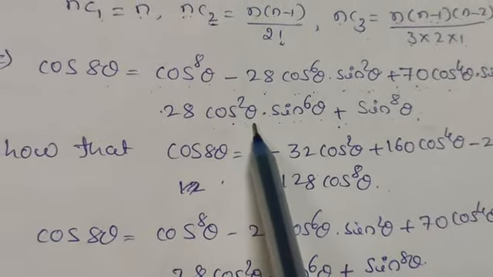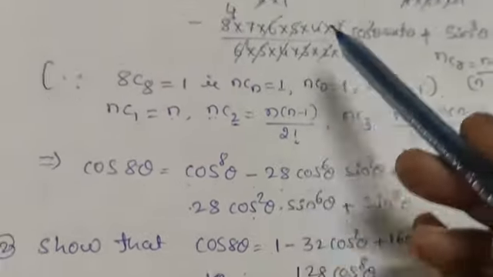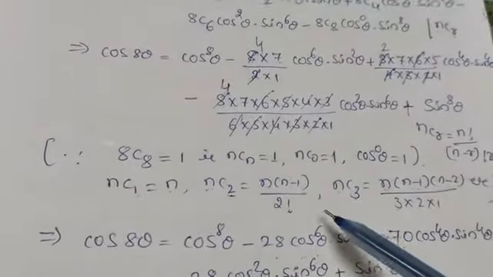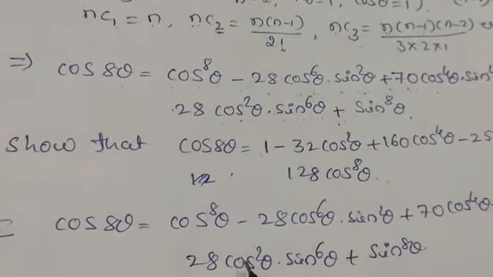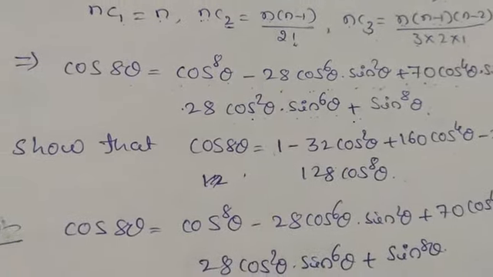You have to write the same solution once again if this question is asked separately. You have to write this whole term, whatever we have solved here, you have to write the same thing and you will get this solution. So up to this solution you have to write the same thing once again.